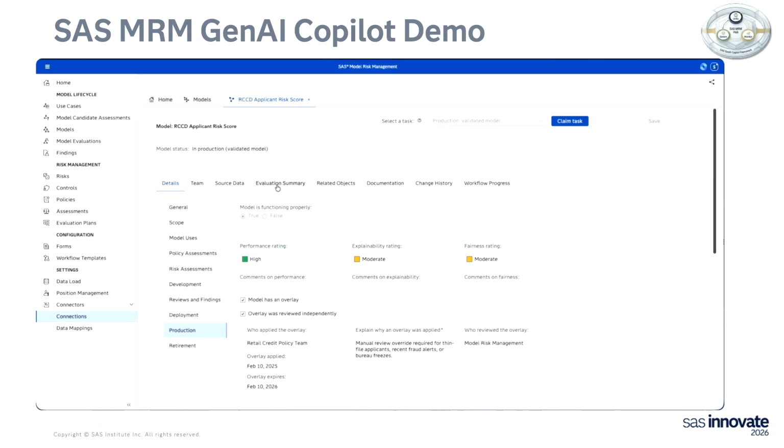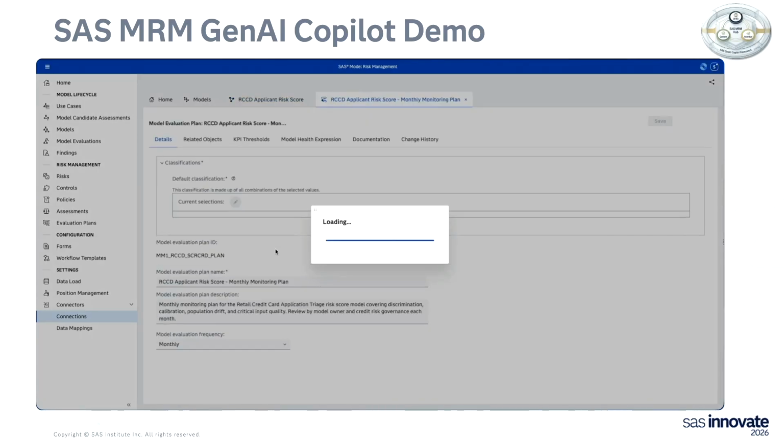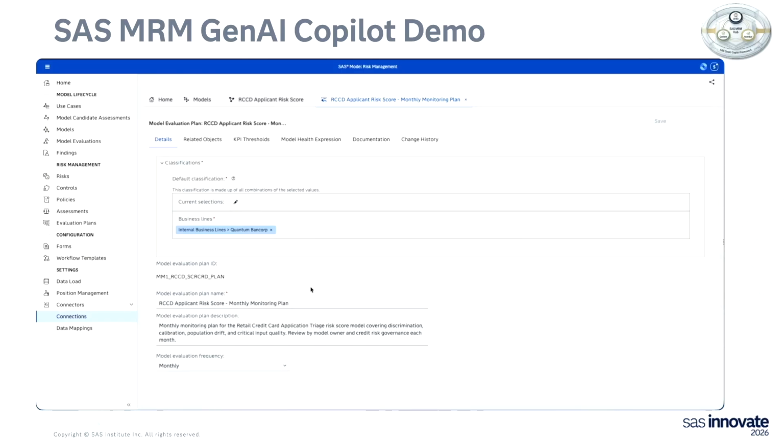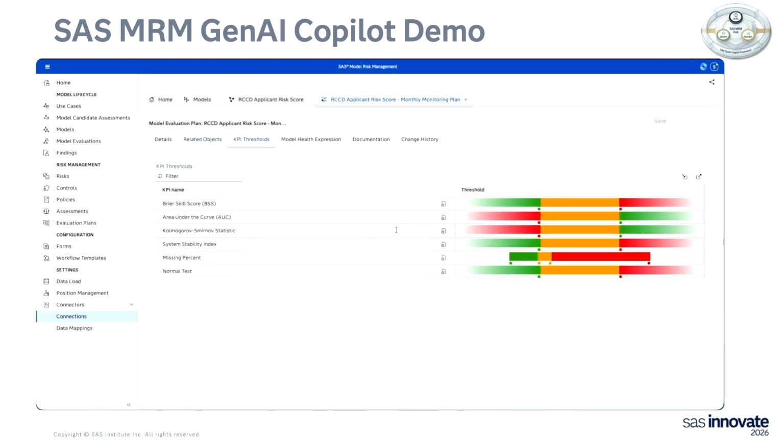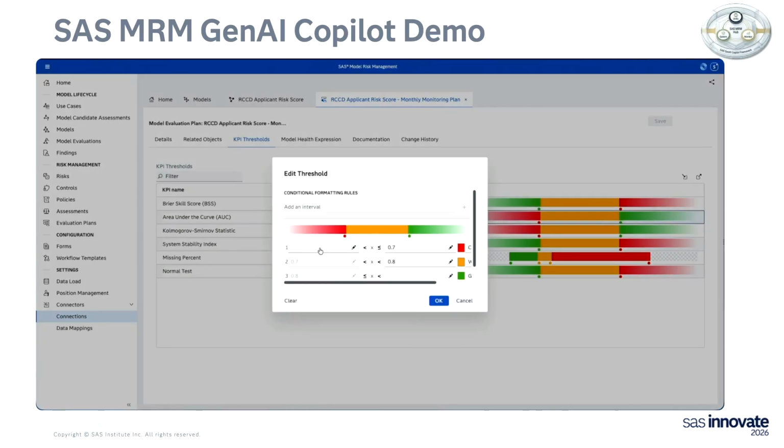So going back to the model, this section here shows what we call the performance monitoring plan. Every model has a performance monitoring plan with a number of KPIs that we're tracking from a validation perspective. For each KPI, we can define the thresholds that we should monitor against.